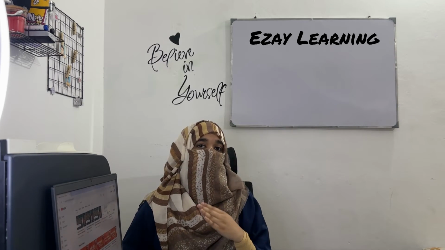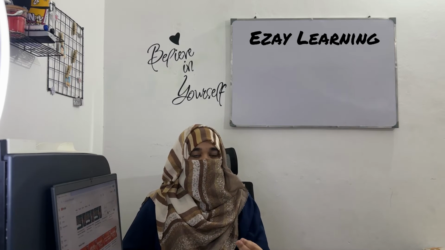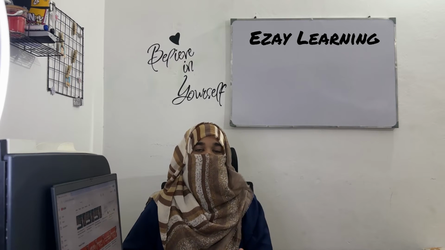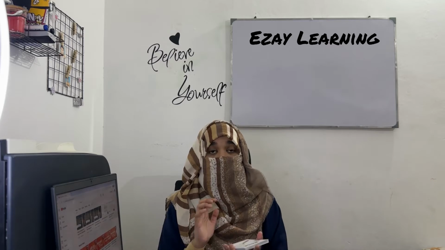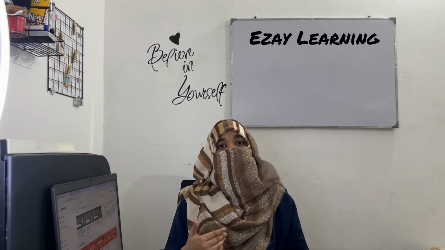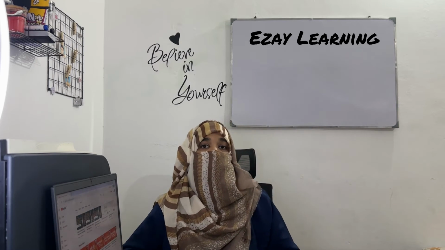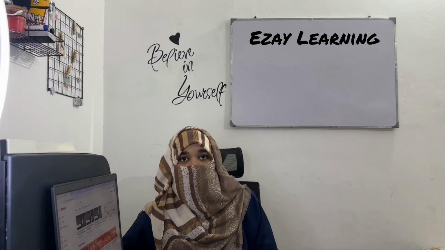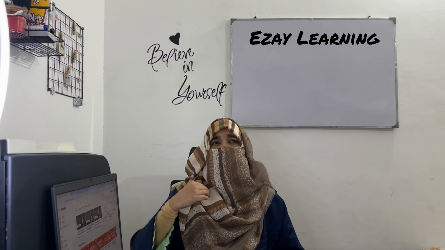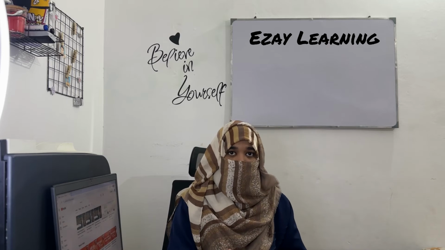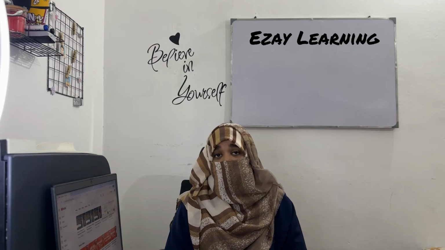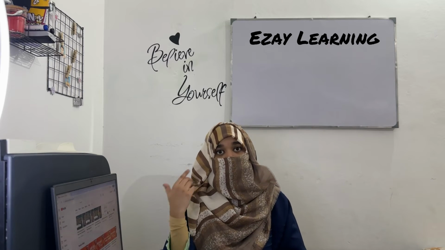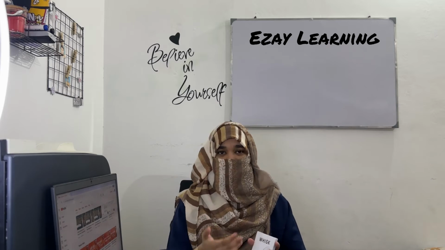Now if the child is non-vocal or a bit reluctant to label it by himself, you can skip this part. But let me tell you about this one, and then we will move towards the other steps that we can do in case the child is reluctant to label, to speak out, or to respond. Then we can follow the other steps. First of all, let's cover this one.